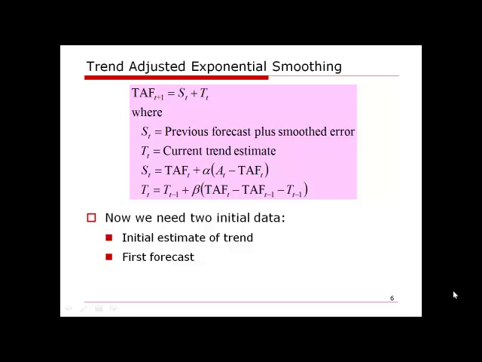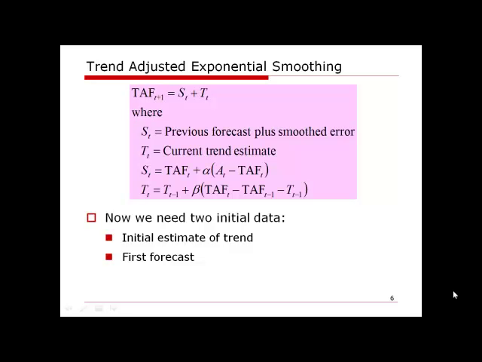So for trend-adjusted exponential smoothing, basically the forecasting includes two parts. One is a standard estimate from exponential smoothing. The other part is an estimation of the trend itself. And the forecast is the sum of these two parts. And for these two parts, we have two different smoothing constants. Alpha is the one that we use for the exponential smoothing, and for the trend estimate, we have another smoothing constant,